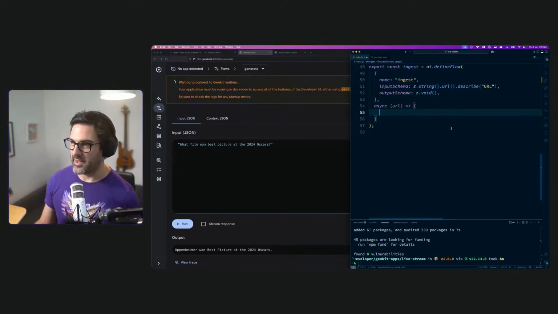We're going to grab some text from a web page. We're going to strip out the unnecessary stuff. That's what Mozilla Readability is for. We're going to turn that into chunks so that we don't save too much context. We don't save entire web pages. And then we're going to store those chunks in the database. And so we're going to do that in a bunch of